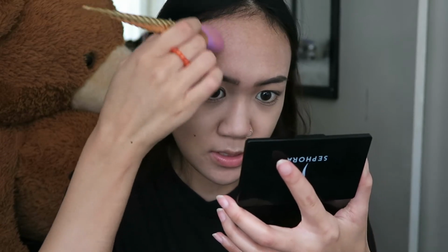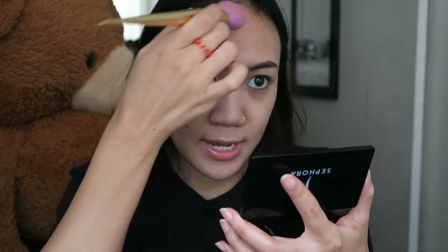It doesn't cover up the blemishes completely, but it does even it out overall. And you could go back and add more in that area, but sometimes I don't have time to do that, and I don't really care because it's all even. As you can see, my skin is for the most part all even, but I will go back sometimes and put it on those parts and then lightly blend around the edges. That way that area has more coverage than the rest. Does that make sense? So you just want to use a light hand